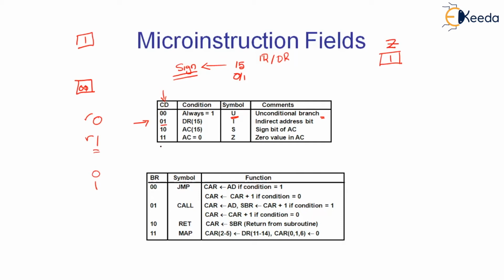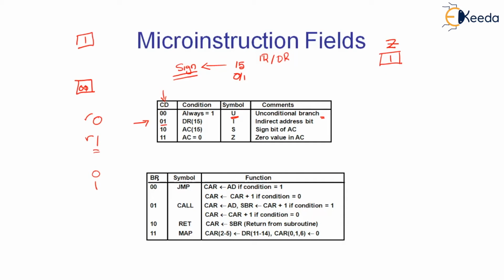So the final condition, which is equal to 11, when it is used in the condition field, a branch will be taken if the accumulator holds a 0. That means that if the Z flag is equal to 1, then the condition is satisfied. That means that the accumulator is equal to 0, then the branch has been taken. Otherwise, branch won't be taken.